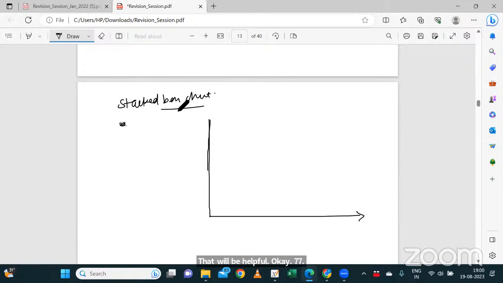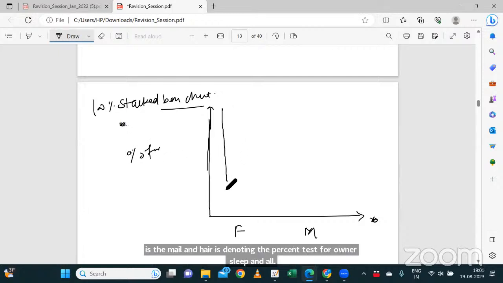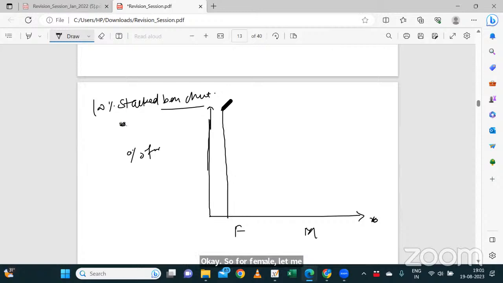So what a 100% stacked bar chart says is, you have to draw the 100% bar graph. Okay, this is X, let's say not X. So let's say this is for female and this is the male, and here we are denoting the percentage for ownership and all. Okay. So for female, let me draw a bar. In 100%, so we are treating all of it as 100%, basically from 0 to 100, and it's for